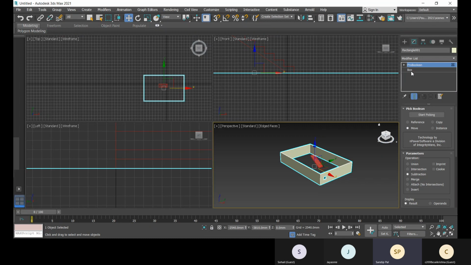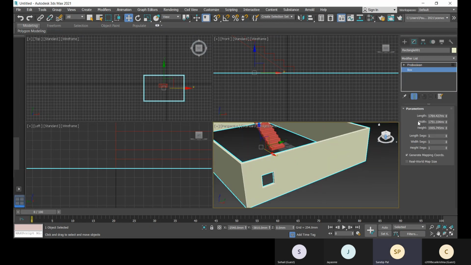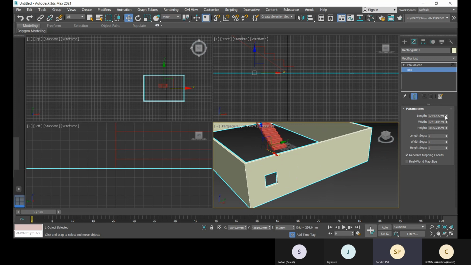Now you will get this box. Okay, and you can change the length, width, and height of that box. So see, I'm changing it.